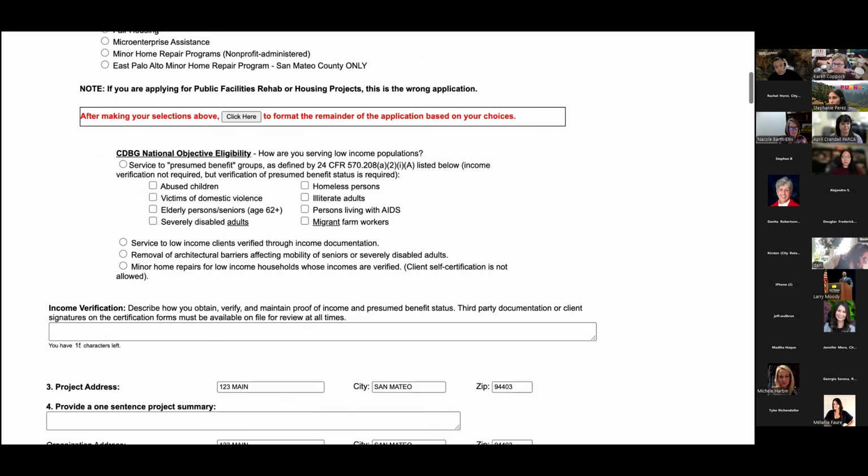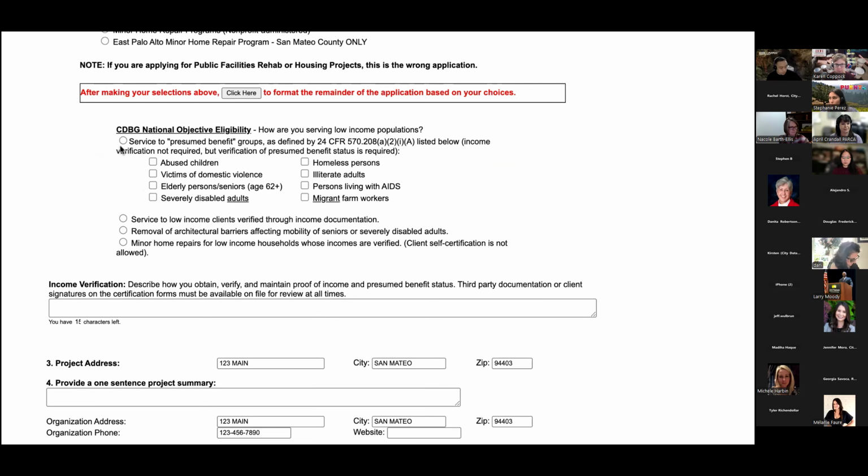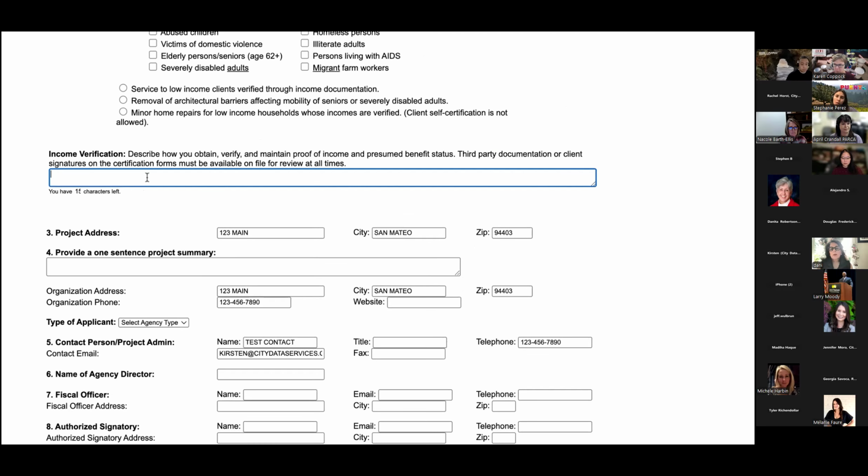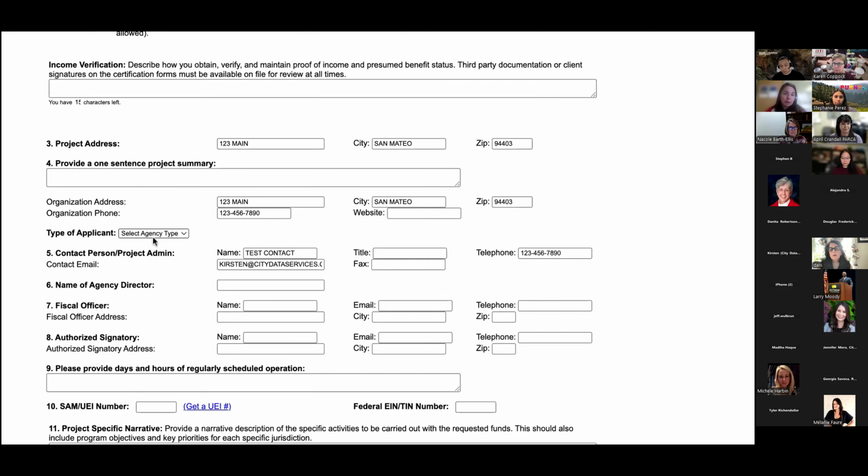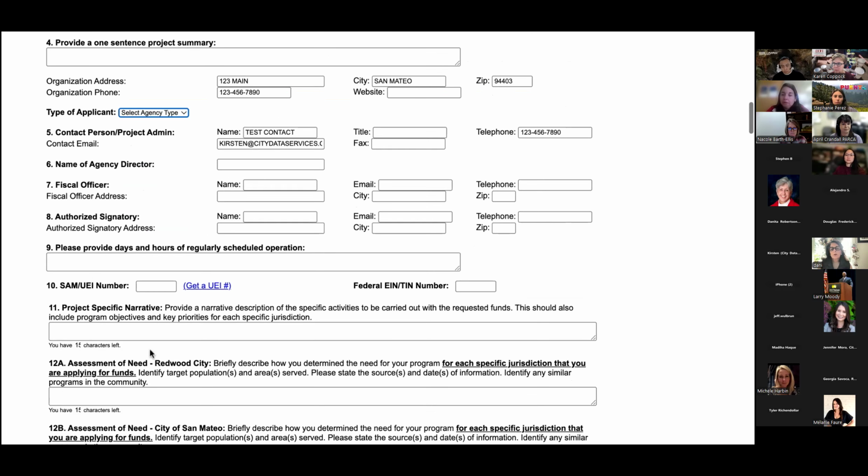Going further down the application, pretty straightforward. These are radio buttons. These are check boxes. You can unselect things. These are narrative sections that you can type into or copy and paste into. We have drop-down menus for agency types. Pretty standard,